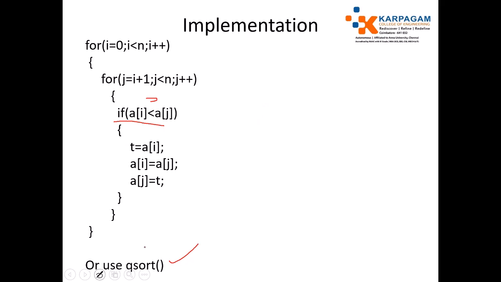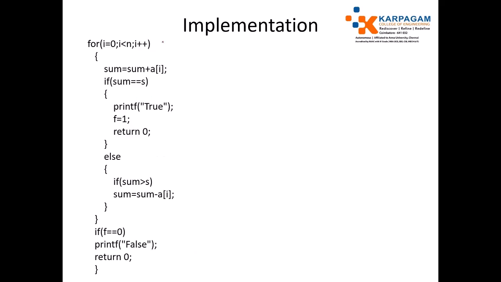The first argument will be the address of the array. The second argument will be the size of the array. The third argument will be the size of the data type. The fourth argument will be the comparator function in qsort. Make use of the qsort function. Otherwise, you can just use a basic sorting method. You have to sort in descending order.